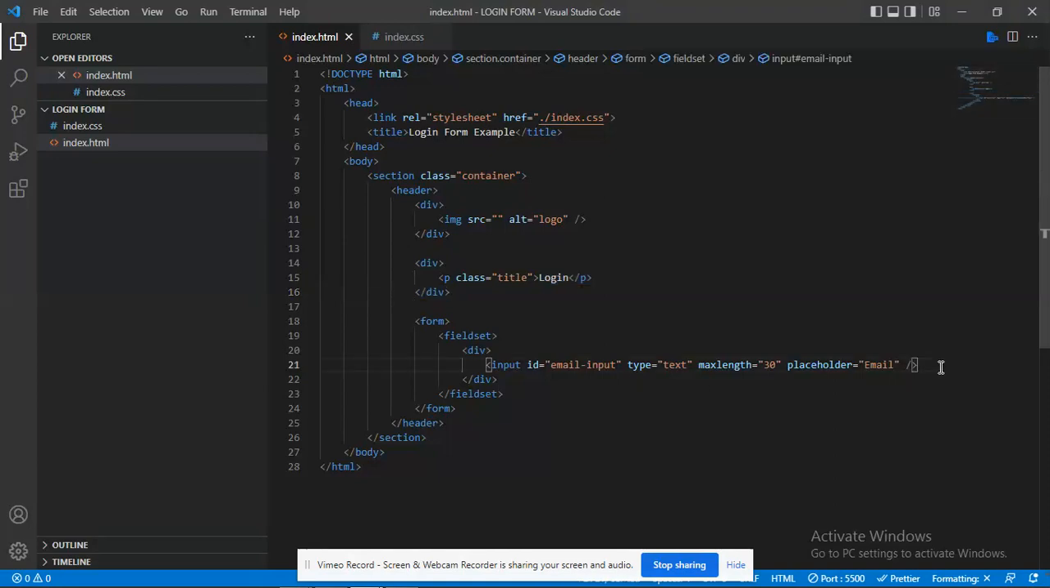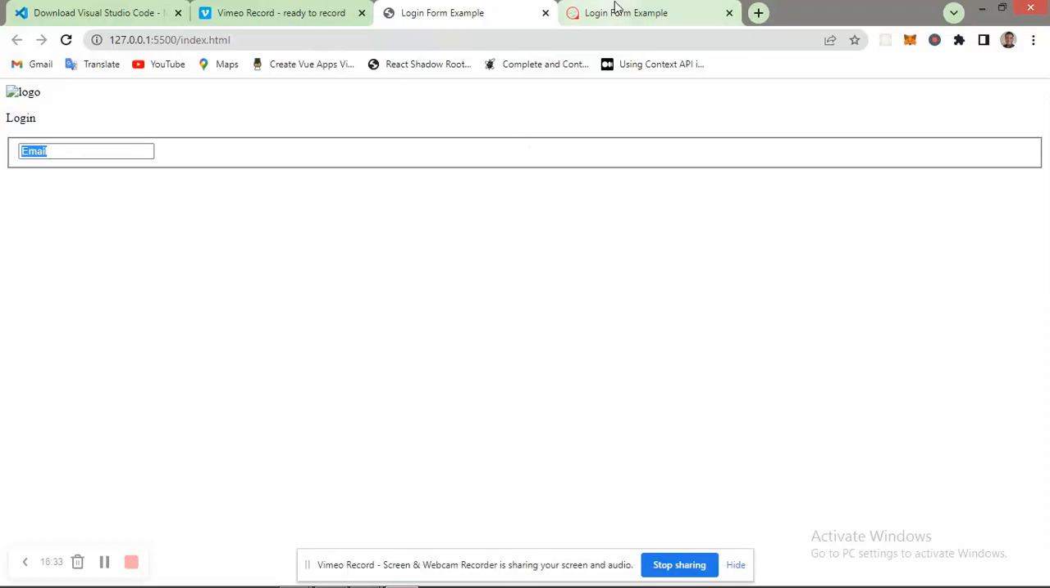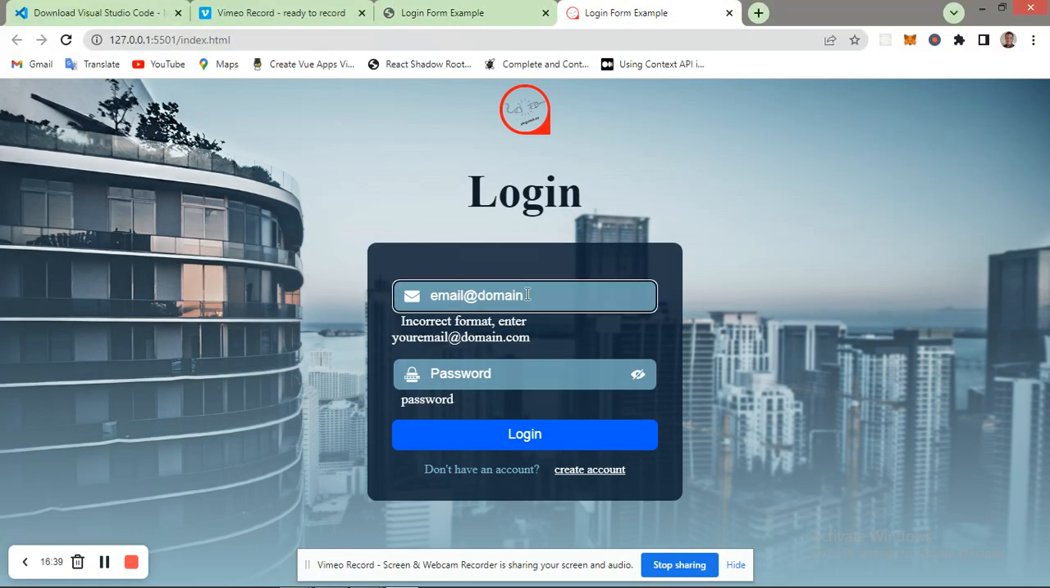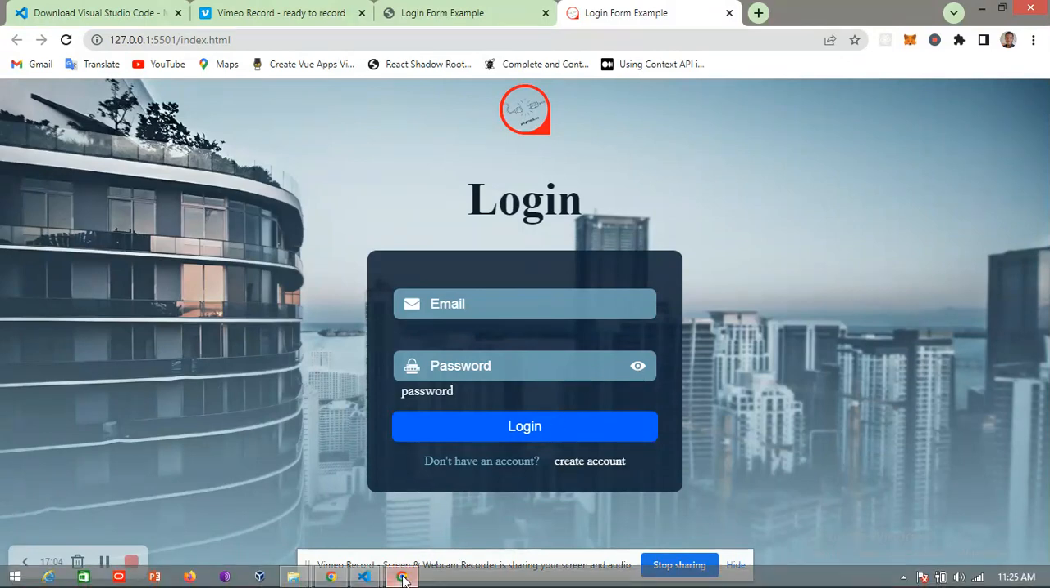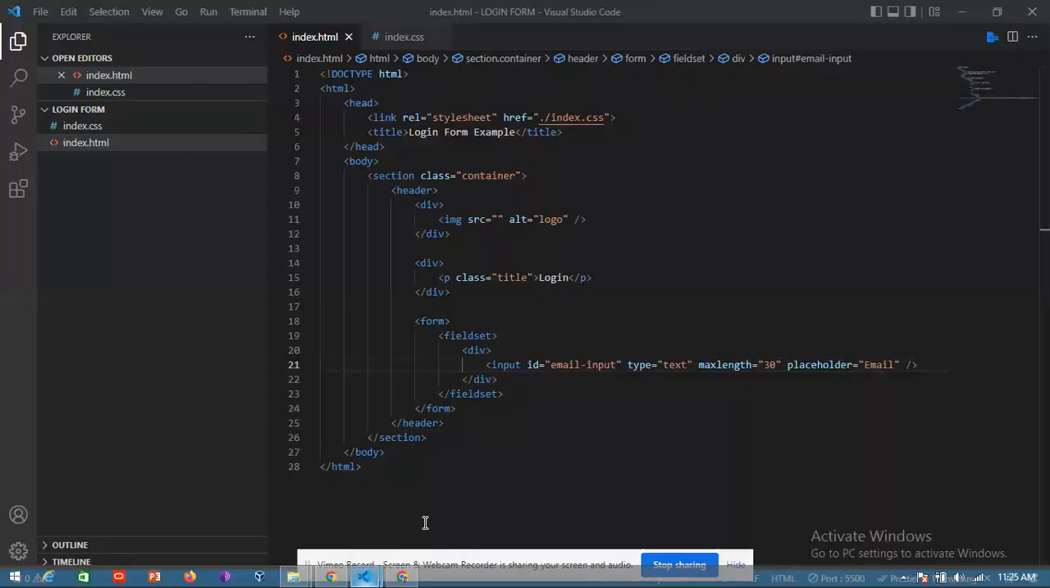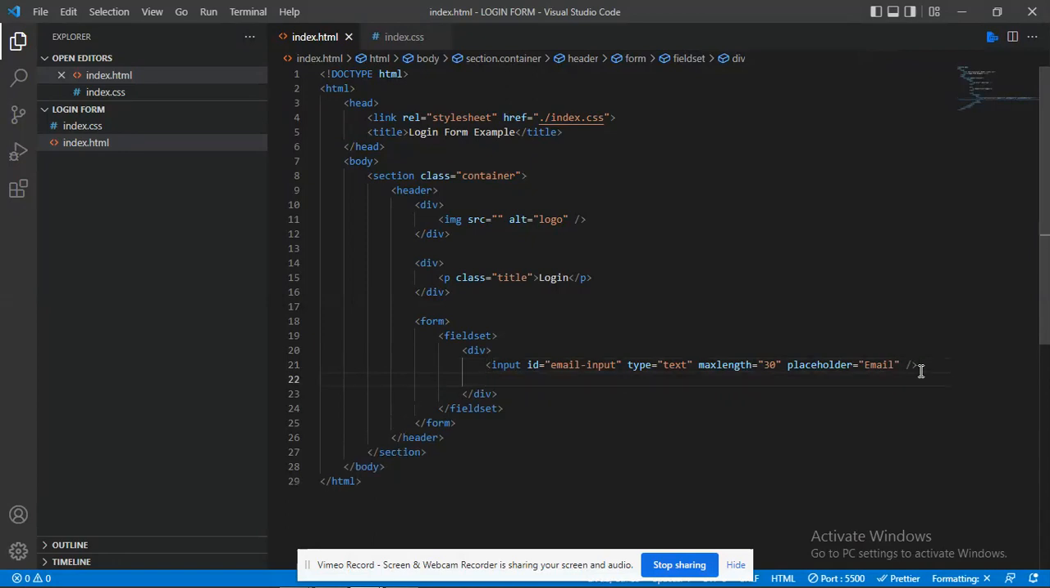In this div, we also want to have an icon that shows the user that they should enter their email here. So if we look at this, we have this email icon here, and we want the users to be able to know that this is where you enter your email. We have this password icon here also, and we have the show password and hide password icon, like you can see here. So these are two icons used interchangeably,